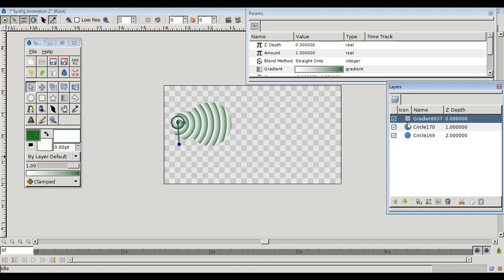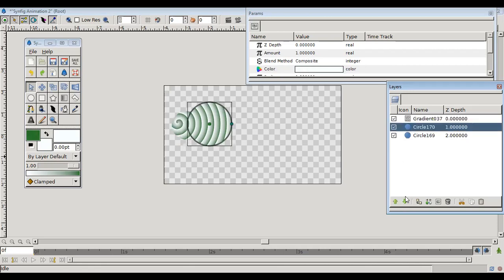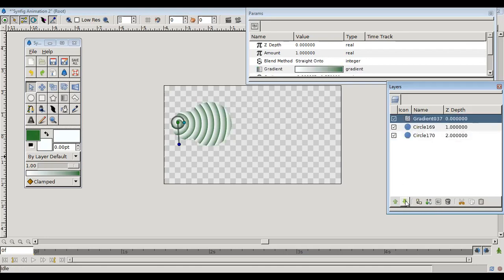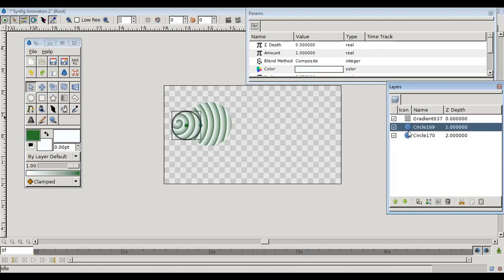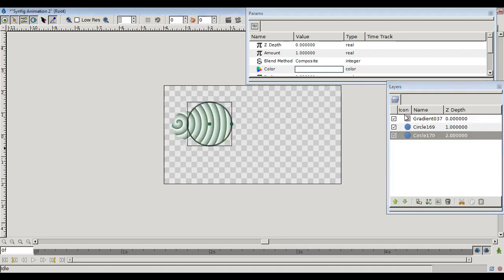Okay. Now the next one, what is the step of that? In the center of both, the second one has to be made plain. So the next step is select this one.